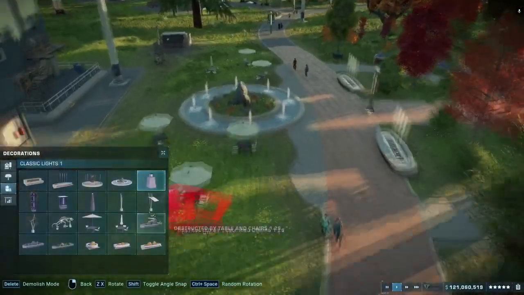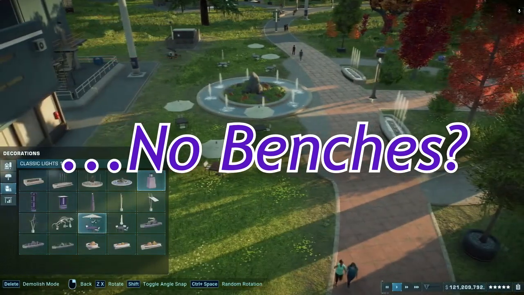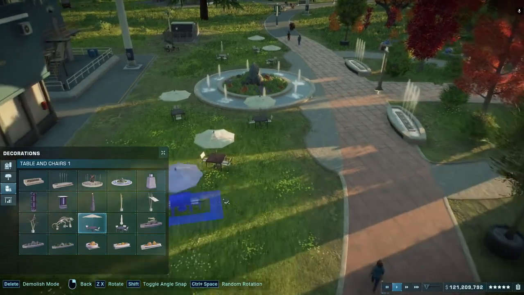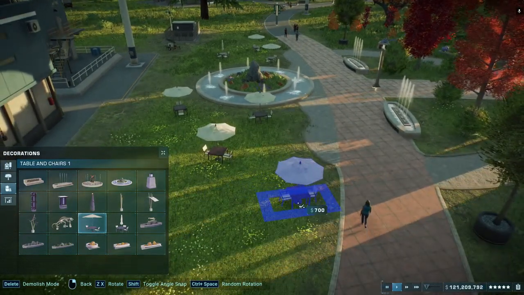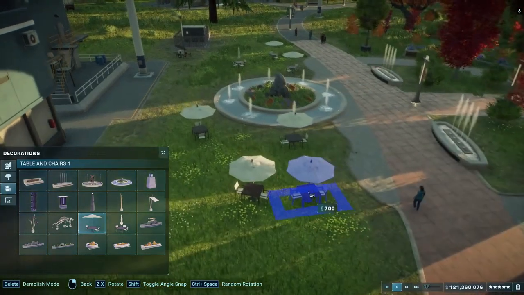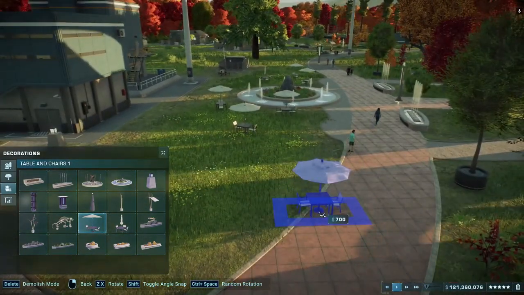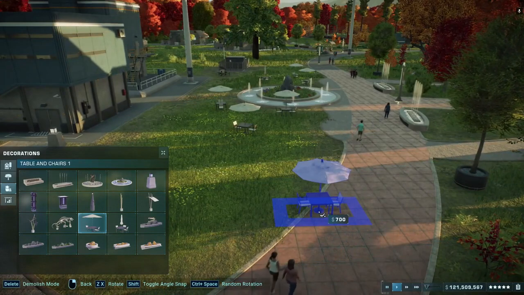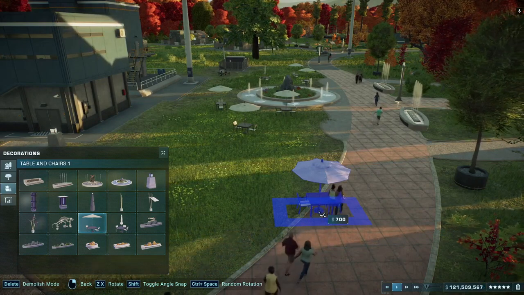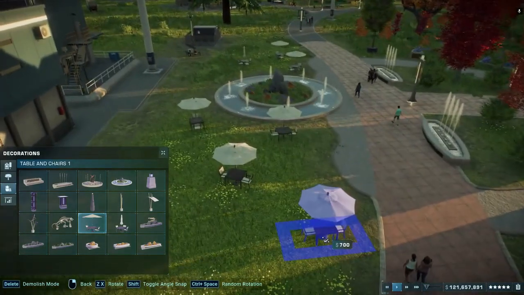Let me begin tip number 4 with saying that it annoys me so much that there are 1 or 2 decorations missing from all of these amazing decorations, and that is benches and also bins. Now obviously if they just added benches, no one uses these sort of picnic benches, and no one would actually use or need the bins. It's kind of funny because the original Jurassic Park Operation Genesis had the benches and the bins, and you needed them. Here you don't,